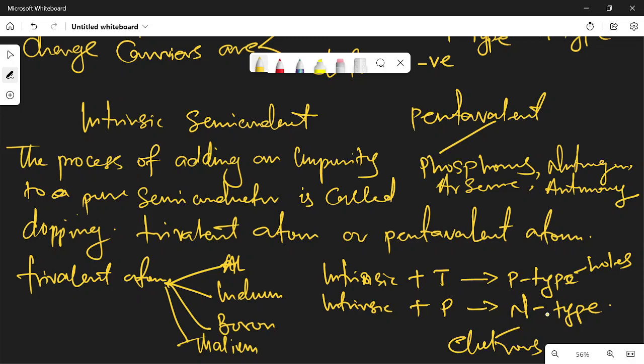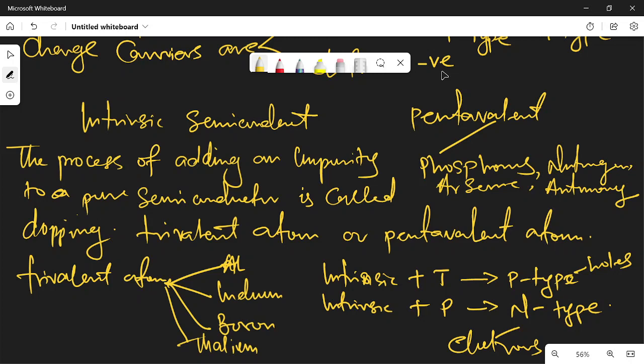Am I making sense now? Yes, sir. Okay, so I want to believe everybody understands this. Let me quickly recall this aspect again before I move to the next one. We said that when you add impurity to semiconductors, they conduct better compared to when they are in their pure state. Any semiconductor with an impurity is referred to as an extrinsic semiconductor, that is, a semiconductor in its impure state.